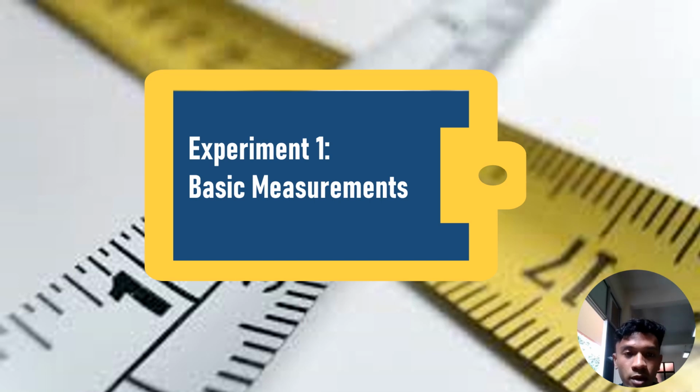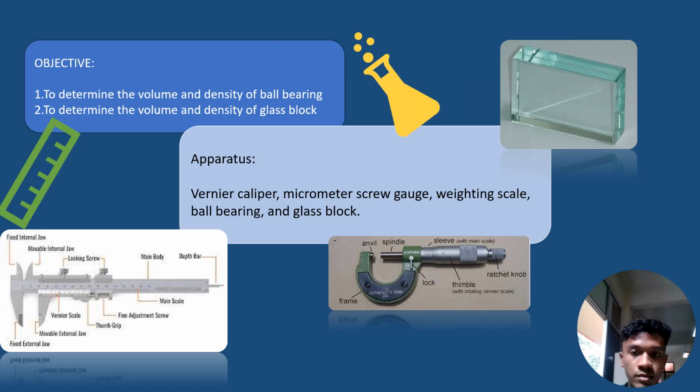For experiment 1, we can take a look at basic measurement. The objective for the experiment is to determine the volume and density of ball bearing and to determine the volume and density of glass block. So the apparatus that we are going to use is vernier caliper, micrometer screw gauge, weighing scale, ball bearing and